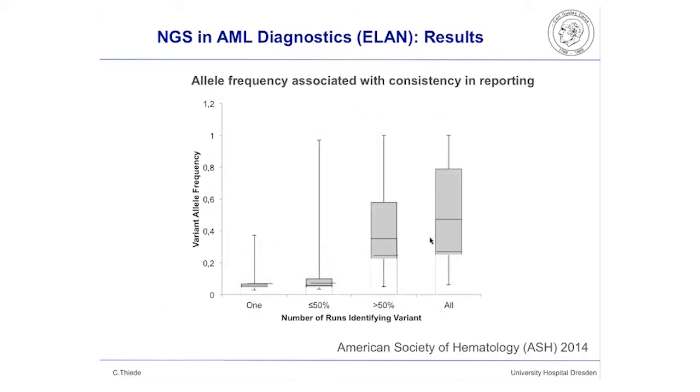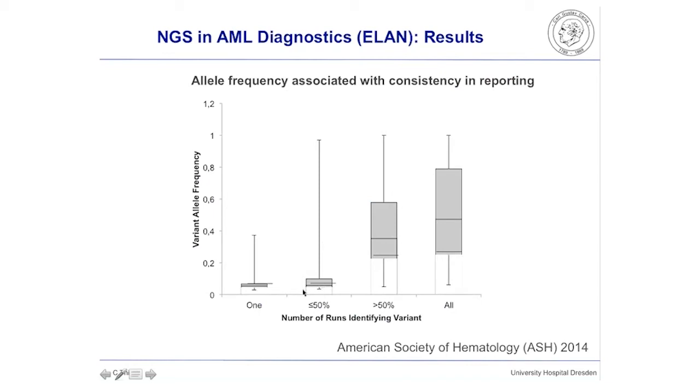We then went on to look at the clinical samples and were somewhat surprised to see a major difference to the results obtained with the commercial sample. As you can see here, only for those samples with a high variant allele frequency was there a considerable concordance between the individual groups in reporting these alterations. Only when the variant allele frequency was 40%, about 50% of the groups reported this change. Whereas the